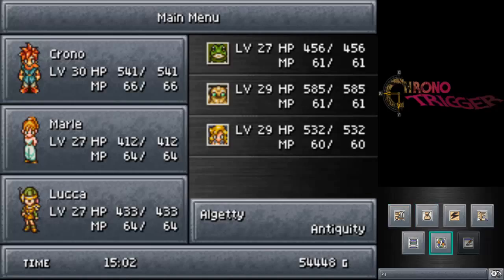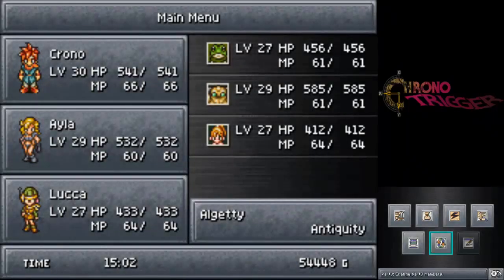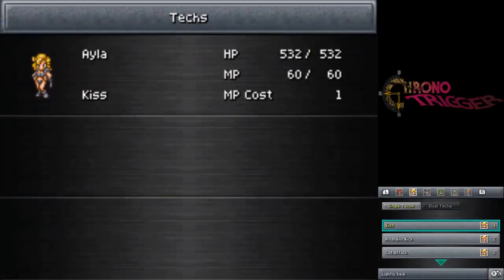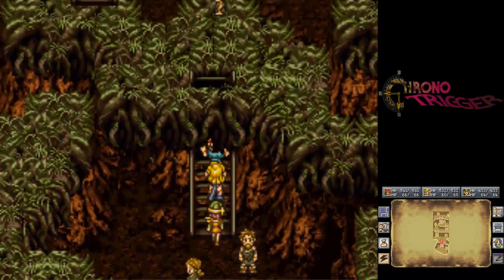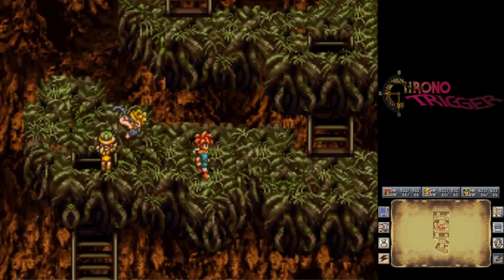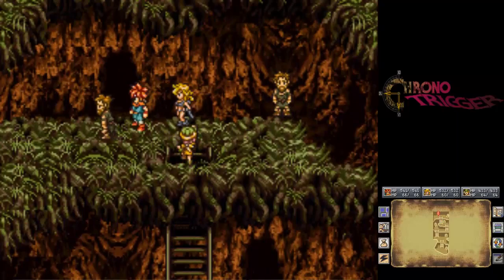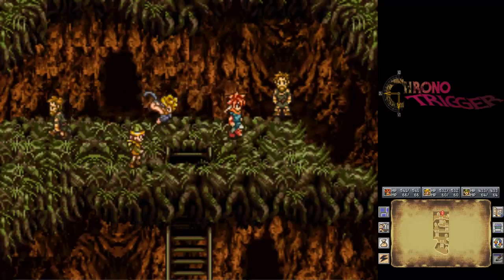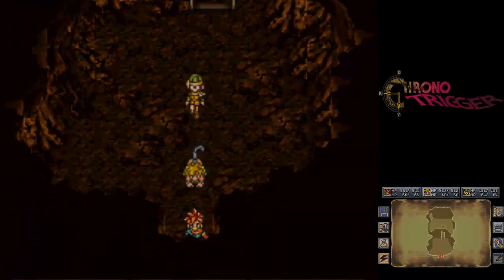Now, here's something I highly recommend. Bring Ayla into our party and hope that she learned Cure. I believe she has. She has not. Well, time to grind for tech points. Whoops, because you really want to have Charm on her. She should have had Charm back at the Tyranno Lair, but I just haven't been giving her tech points. So, okay, I'll meet you back. Oh, and by the way, you can't actually...